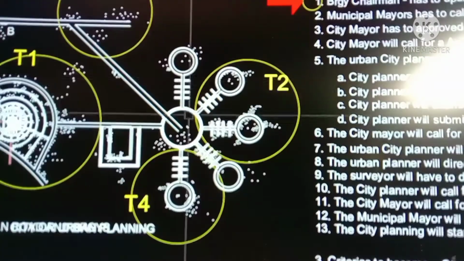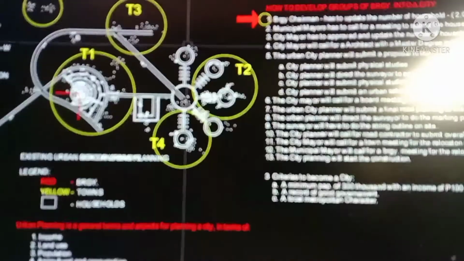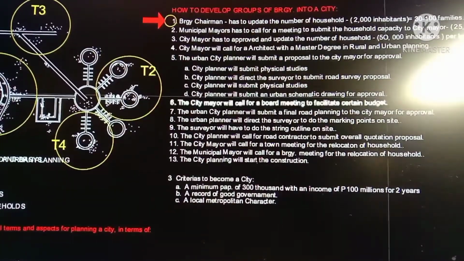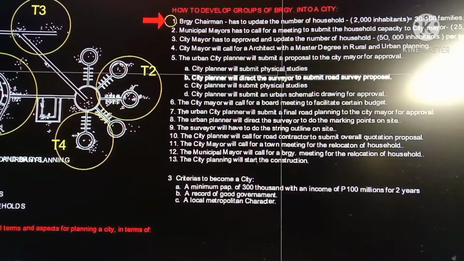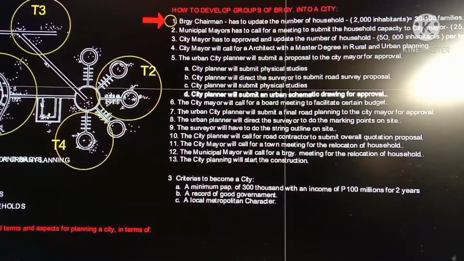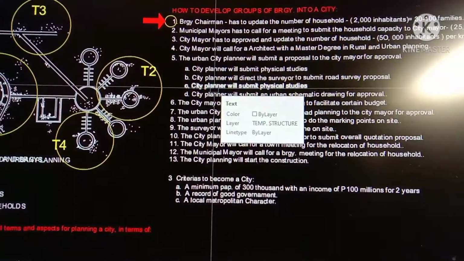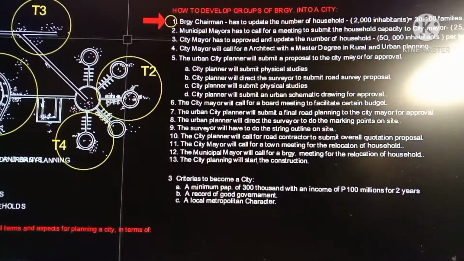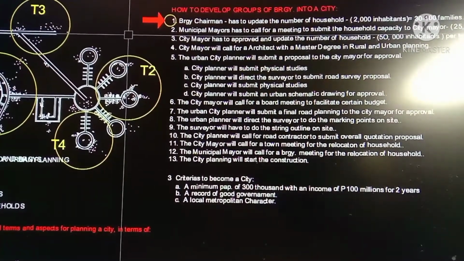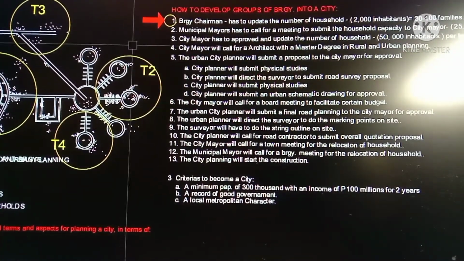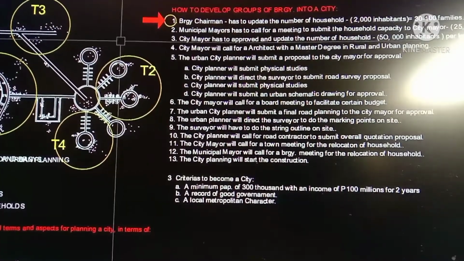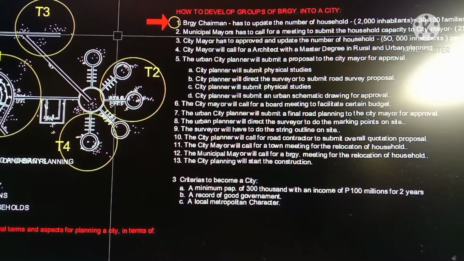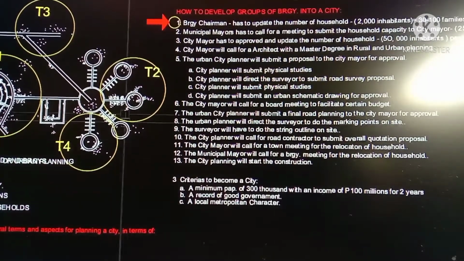Okay, so I hope you enjoyed my presentation, and don't forget next time I will explain to you how to reserve budget for the construction of the town's planning. Because town planning will not just proceed to immediate construction without a proposal from the city mayor for certain capital for the construction of roads. Okay, so take note for next time. We will continue with the rest of the items we have not discussed today.